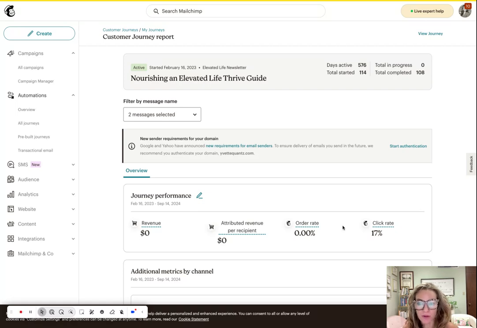Hello, I wanted to show you, if you receive this message of new sender requirements for your domain, Mailchimp and all email marketing service platforms have been doing this authentication. So I want to show you what you need to do. You want to just go ahead and hit this Start Authentication button,